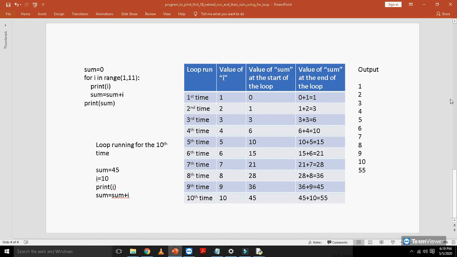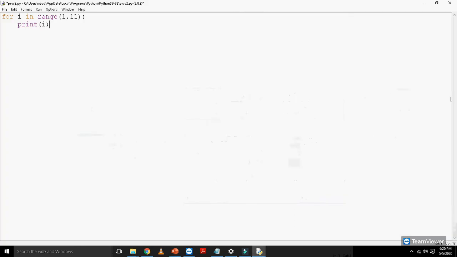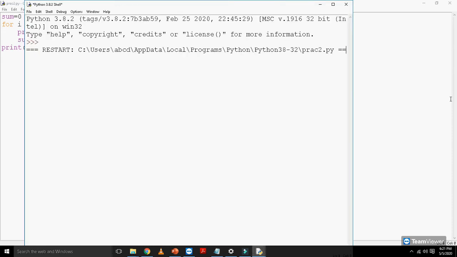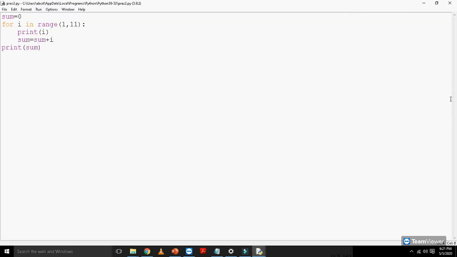So let's verify the output in Python now. I already have the previous file open. I am saving it and running now. This is the output that we had calculated earlier. Let us do some formatting for this program now.